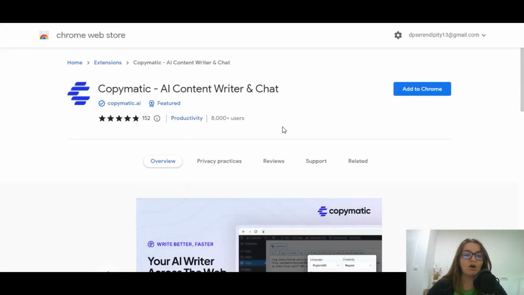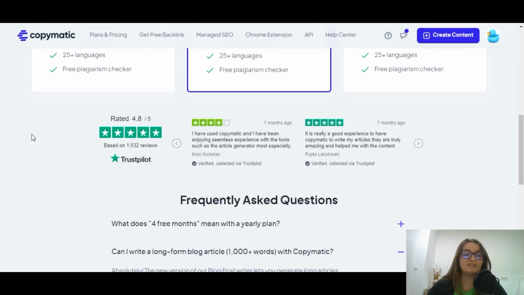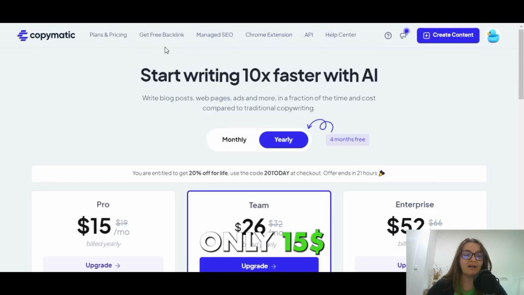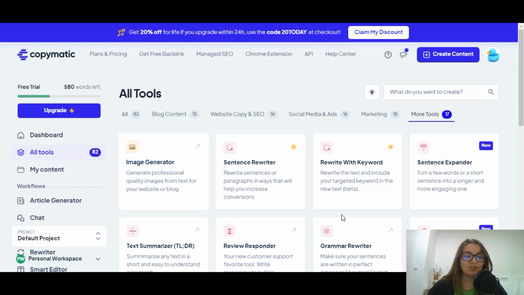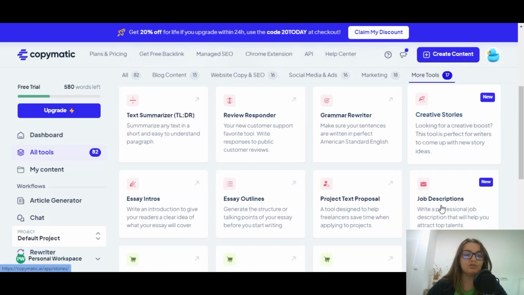Moreover, it offers a Chrome extension and the API. And the pricing is quite affordable, starting at only $15 a month. And that's it! You got the chance to get to know Copymatic, a useful content creation tool that can boost